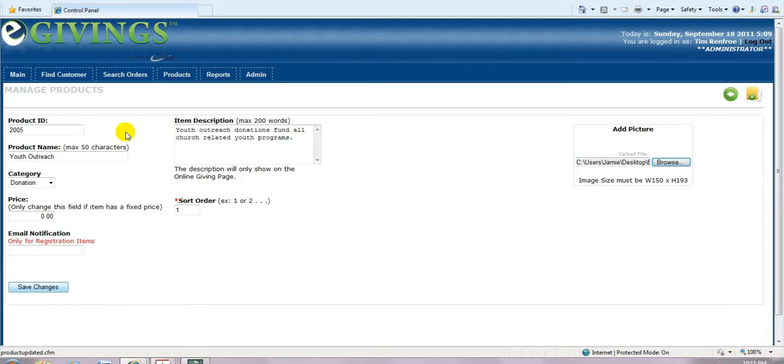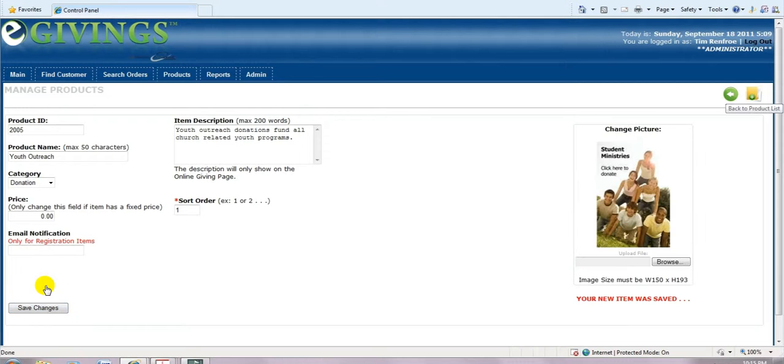So before I save, I just want to double check, make sure I don't have any misspelled words, and I've got all my information correct. To finally add the donation to the kiosk program, I just want to hit Save Changes, and you can see my button will appear here to the right, and it looks like everything is okay. And to go back to the products menu page, main page, I just want to hit this